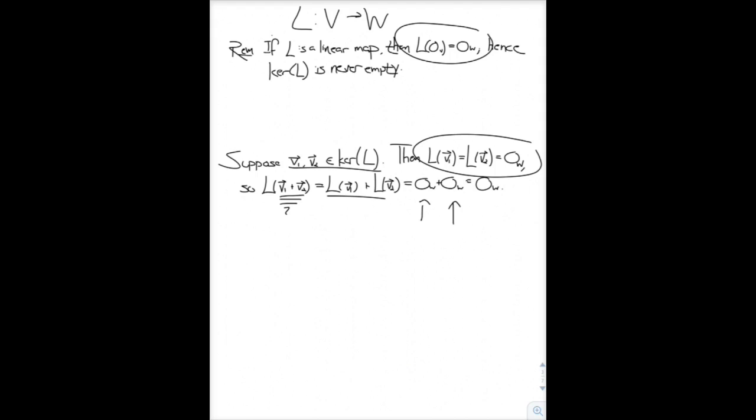So what have we shown? We've shown that if v1 and v2 are in the kernel, then their vector sum is in the kernel as well. In a similar fashion, we can show